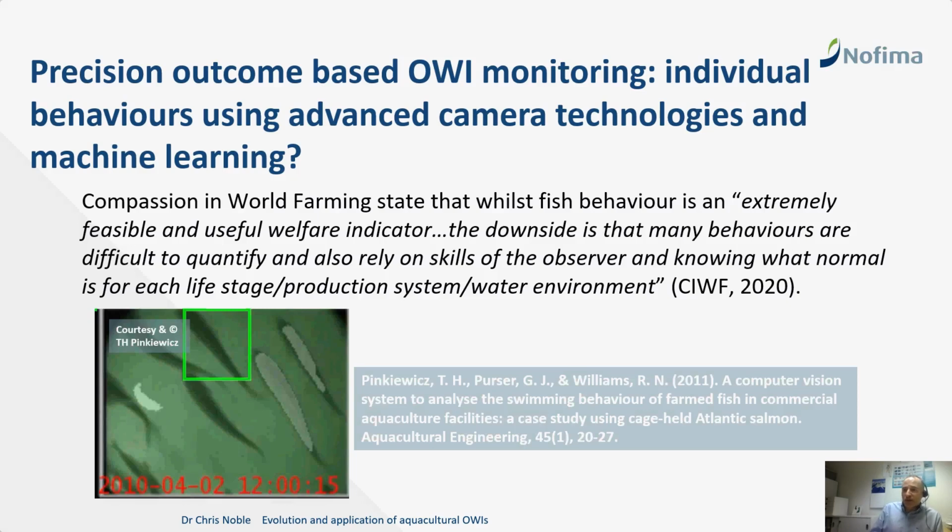We've recently recruited a new postdoc with a machine learning background here in Nofima, Santosh Kumaran. He's going to work on this challenge. We've been awarded a project next year with Cermaq Norway and Biosort, where we use the precision iFarm platform to help us improve our understanding of fish behavior in traditional and emerging sea cages.